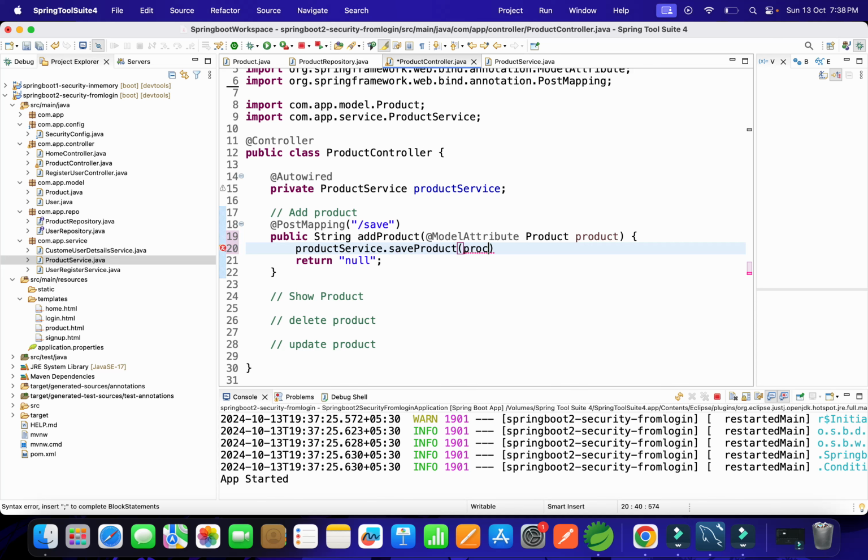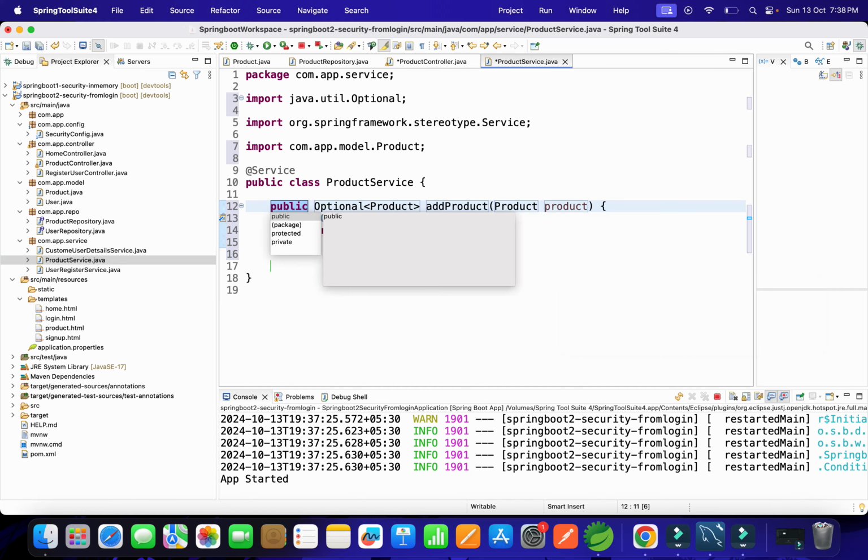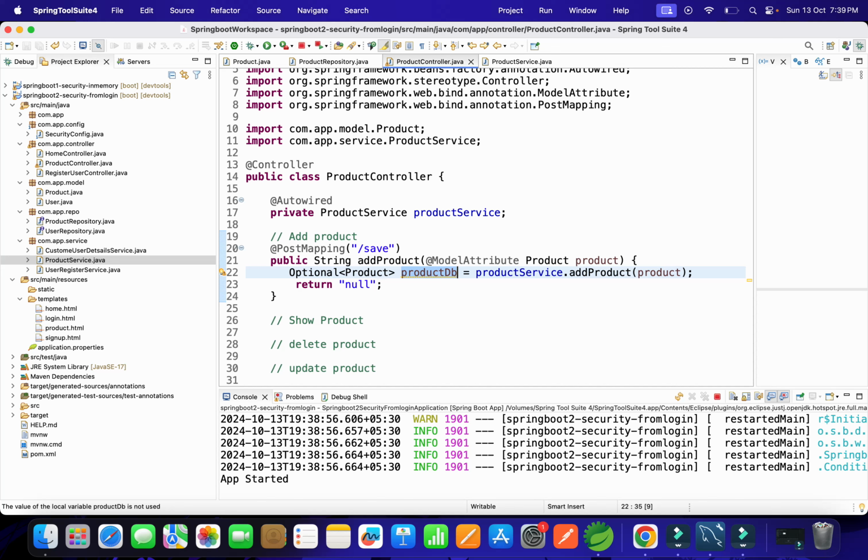and let's write here the product db. Create these methods quickly. So the method is also created here, if you check. Okay, we have created the methods in the service classes, and here also we have written all those logics, and we have a product db finally. And what are the operations we have to do? Based on that we can do it, and then after we can move to our